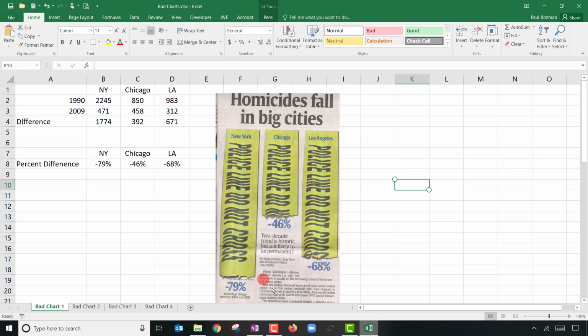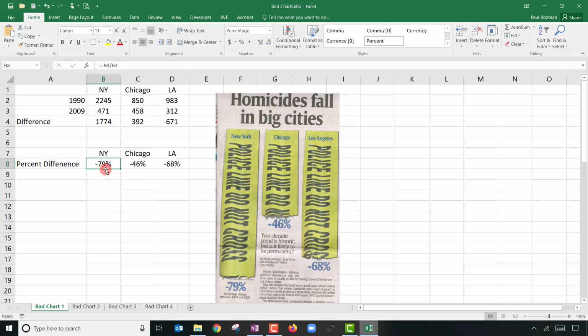In the article, it actually had the raw numbers. So I was able to read through the article and get the raw values. There were 2,245 murders in 1990 in New York, and there were 471 in 2009. So things really got better. And I calculated the difference, and I actually calculated the percentage difference. So I did, before divided by the initial total. So 1774 divided by 2245, and sure enough, we have